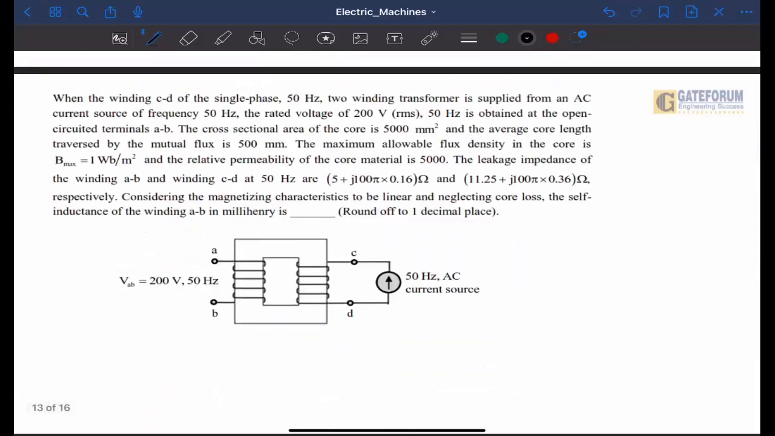This question was from what? It was from the transformer. When the winding CD of a single phase 50 Hz two winding transformer is supplied from an AC current source of frequency 50 Hz, the rated voltage 200 volt and 50 Hz is obtained at open circuit terminal A and B. The cross sectional area of core is what? Cross sectional area we need to note: 5000 mm square. That means